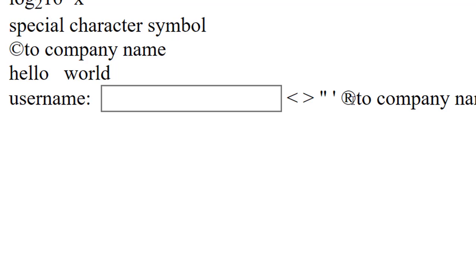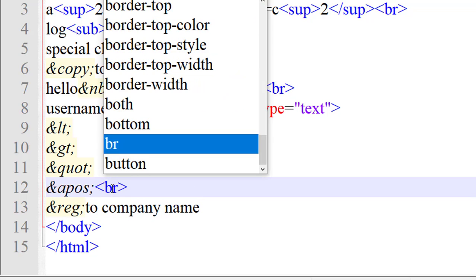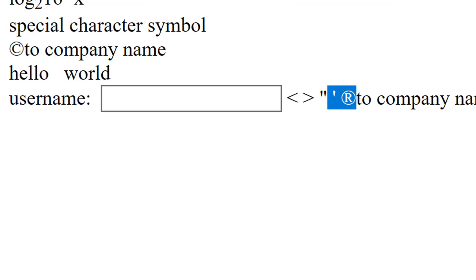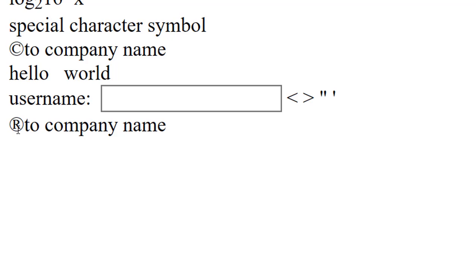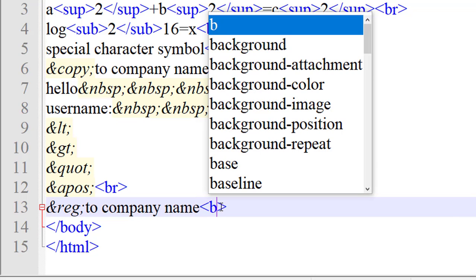Copyright symbol, register symbol, you can see. Okay, in the next line I want this, that's why you can apply the br tag. Okay, just save it and refresh it. Okay, register symbol is here. Now again br tag.